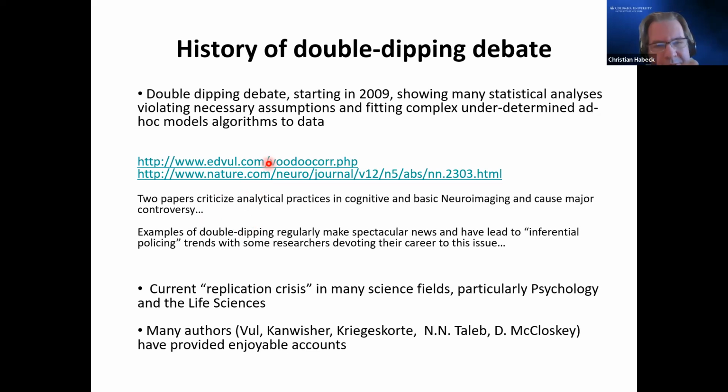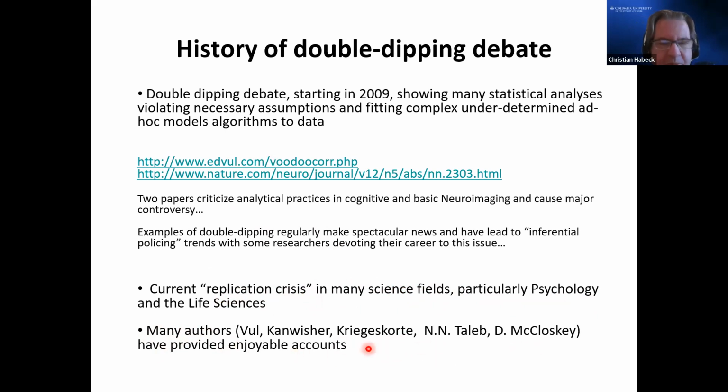I also think it's a little bit unfair that they did this, because it somehow seemed to suggest that social cognitive neuroscience was the only field afflicted by these problems, when it's pretty clear it's the life sciences, even medicine across the board, right? And so replication crises are found in many science fields. Psychology has to be reasonably open about it. There's also the replication project, and there are many authors that have chimed in.